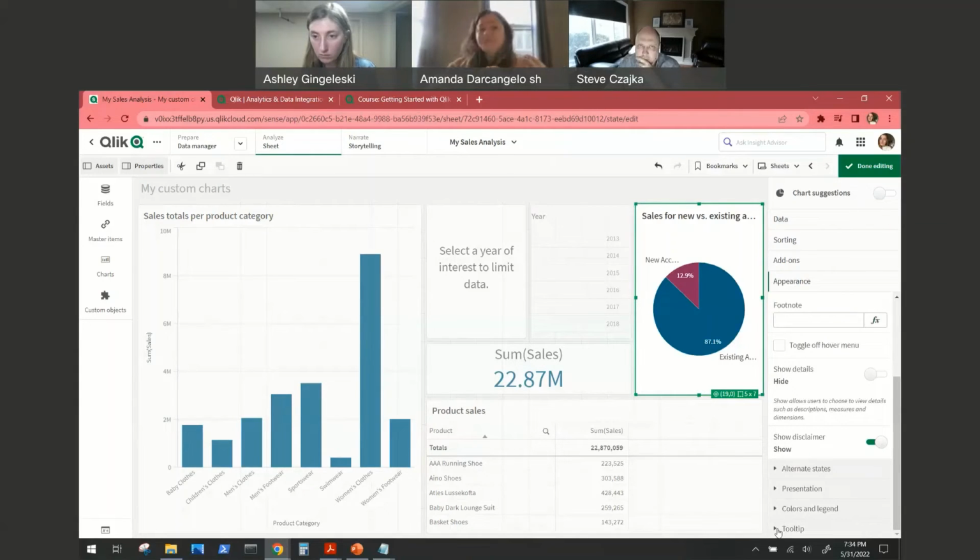I want to say the tool... Okay, yeah, tooltips. That's I think just for the editor mode. But then